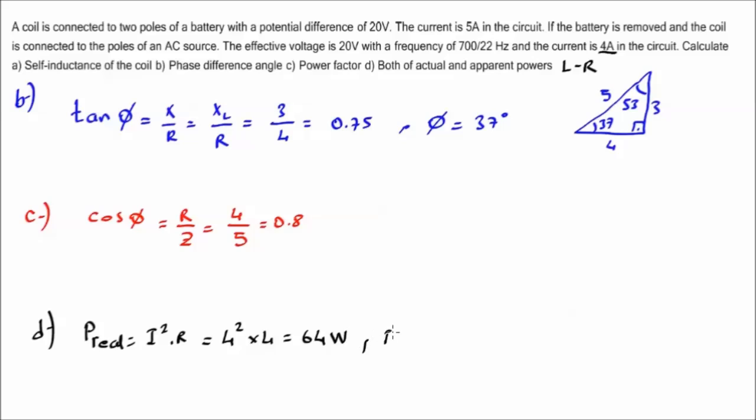And the P apparent is going to be I times V total, equal I is 4 and V total is equal 20. It's going to be 80